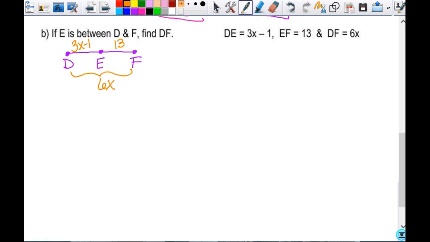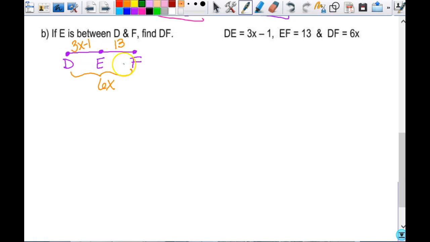And remember, even if you think that it's stupid to draw the picture and you don't need to draw the picture, your opinion doesn't matter. My opinion doesn't matter, right? This is just how the problem is. You're supposed to draw and label your picture. This is what we do. Because if you don't, then there would be definitely some people that would try and model the one right above it and then try and add 3x minus 1 plus 6x and set it equal to 13, because that's kind of the pattern that was above it, but that didn't make any sense. Adding these two up and setting them equal to 13, when it's in front of you, that makes absolutely no sense, hopefully, anyway. So, again, E is between these two, so I know by the segment addition postulate,